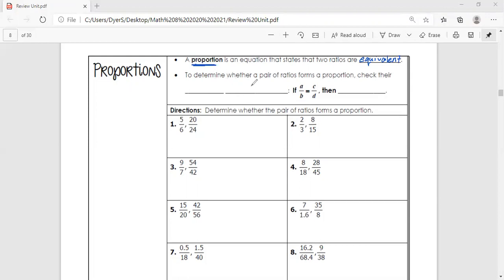All right, to determine whether a pair of ratios forms a proportion, check their cross products. This is where the pre-algebra comes in. All right, so here's our equation. Remember, it says a proportion is an equation. And so we have to have that equal sign in here. So we're going to say if A to B is equal to C to D, then the A,